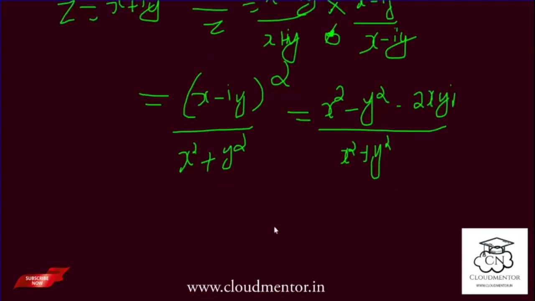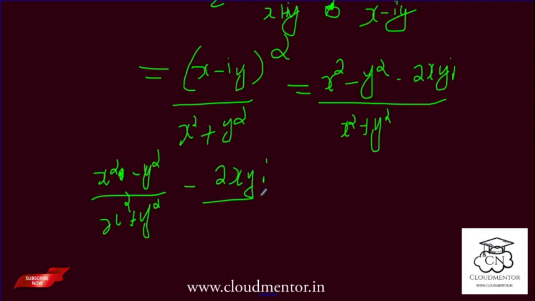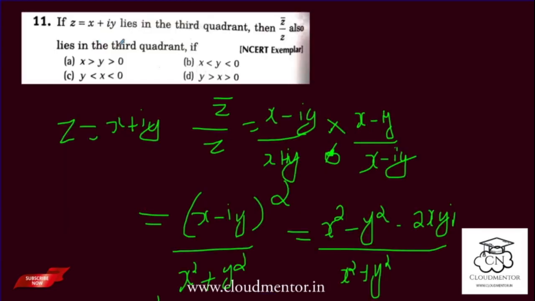So that will be x square minus y square divided by x square plus y square, and minus the imaginary part, that is 2xyi by x square plus y square. This is z bar, or z conjugate by z,